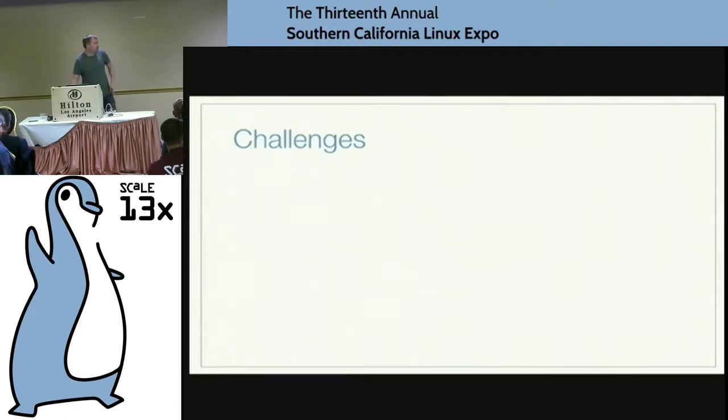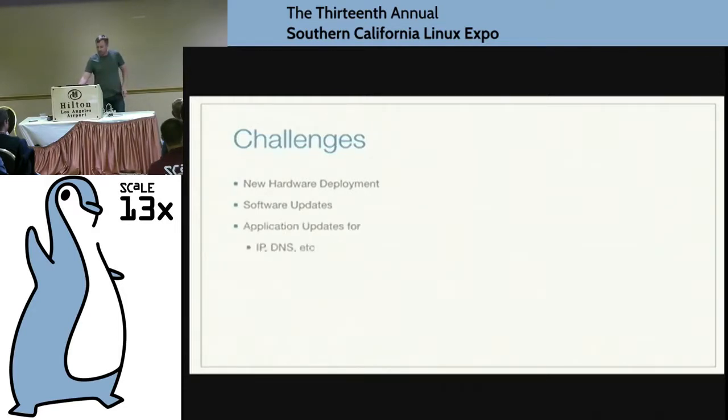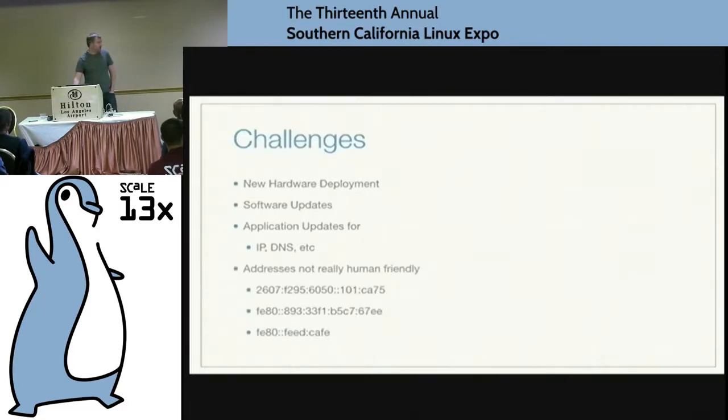So, there have been a couple of challenges. I mean, this standard's been around for 20 years. It takes a while to get there, and one of those is you've got to deploy new hardware, and also develop new hardware. For a while, for some of the routers, v4 processing was done in hardware, and v6 was actually being done in software, and so you get a dramatic speed difference. As well as updating software applications to take advantage of it, application updates, and that's where it gets hard. And in general, some of the addresses aren't necessarily as human-friendly as they could be.